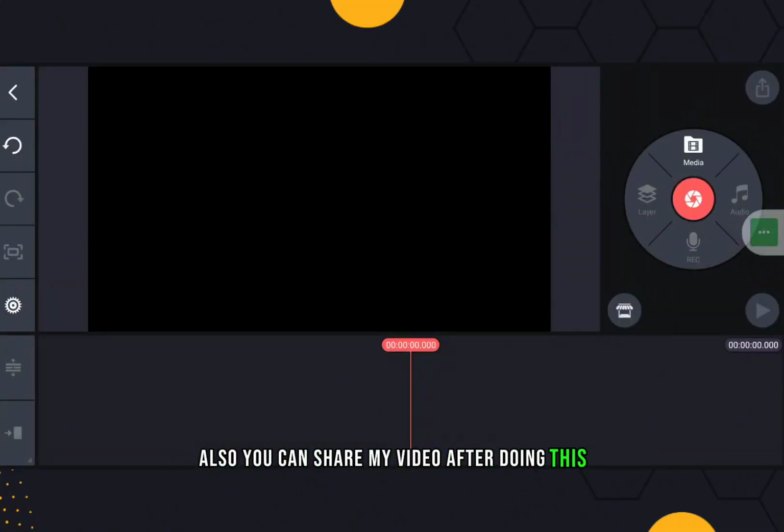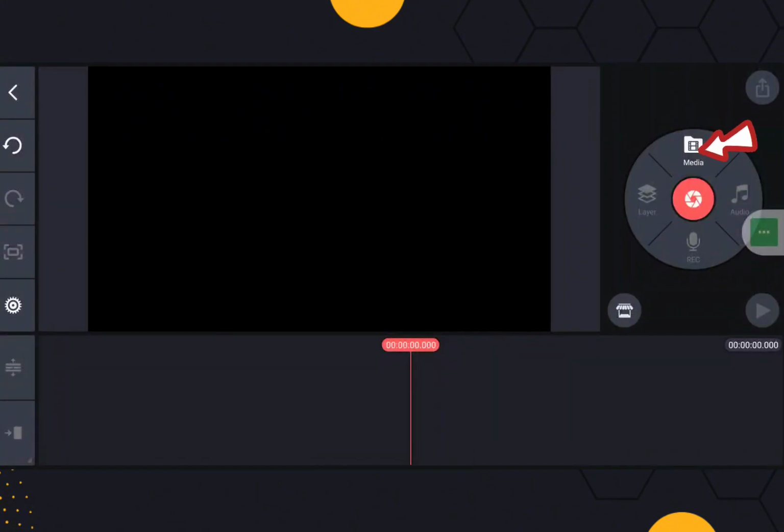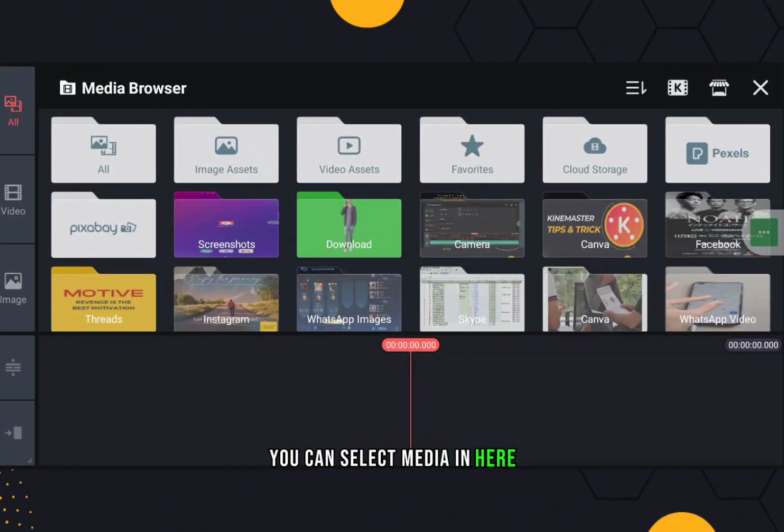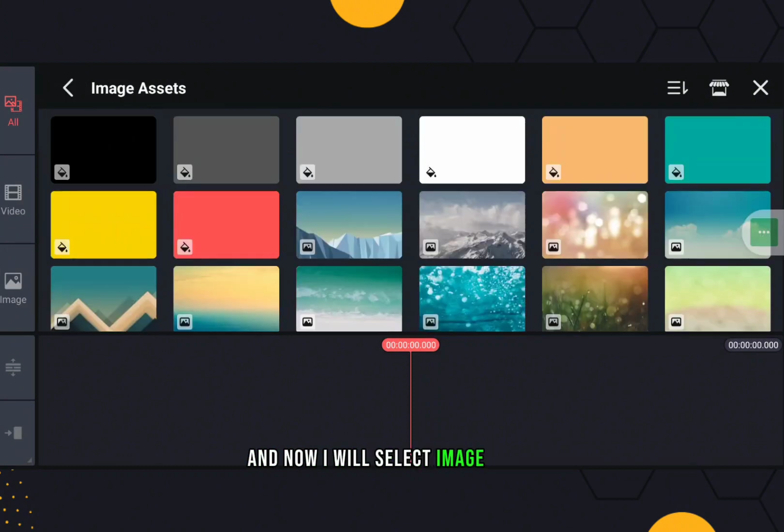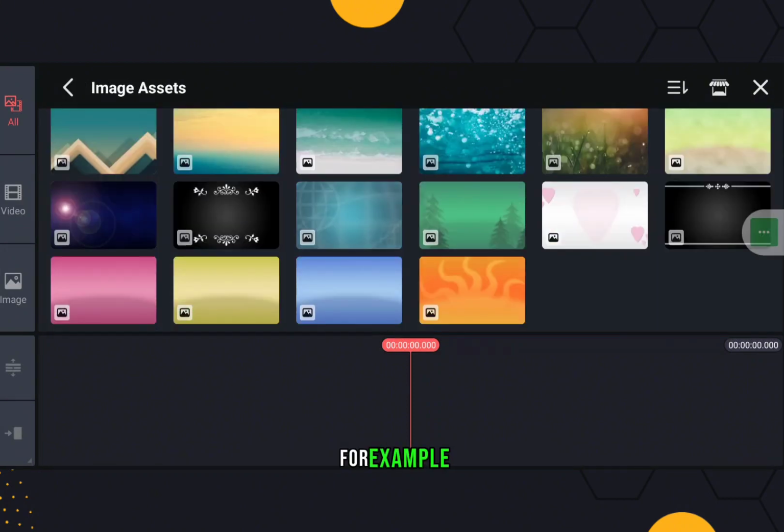After doing this, first of all, you have to add several images or videos, okay? In this tutorial, I'm just dropping media images or pictures. You can select media in here, and now I will select image asset. For example, I will choose two photos